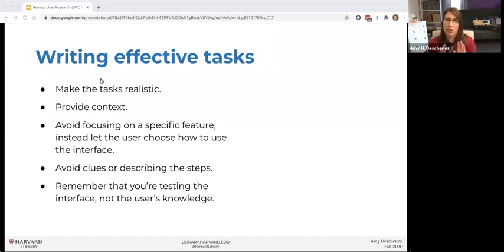You're just letting them do it how they would normally do it. And that also leads into this last bullet here, which is making sure that you remember that you're testing the interface and not the participants. So this shouldn't be about the users being able to come in with certain knowledge. The focus of this is the system, whereas some of the other methods I'm going to talk about, like user interviews and focus groups, are really more about the people.